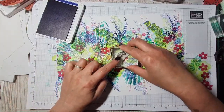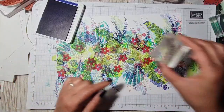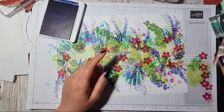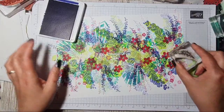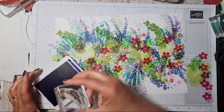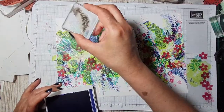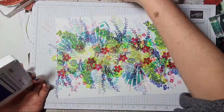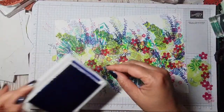Right, I think we need to do some bits of stamping in between some of these butterflies, because it looks a bit neglected in between various places. Right, who's ready to see? Who's ready for the reveal? So for those of you who've joined after I did my masking, you probably don't realise that there's butterflies going on under here. You might see the outline, but...